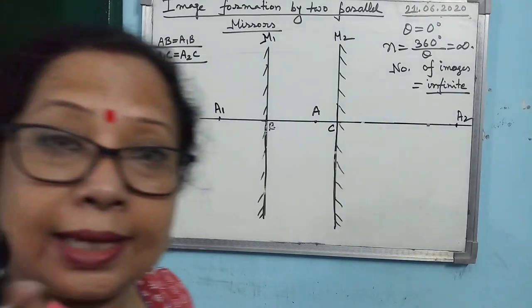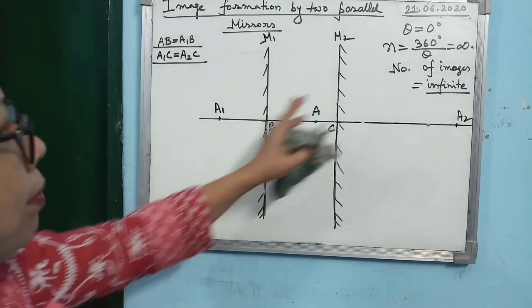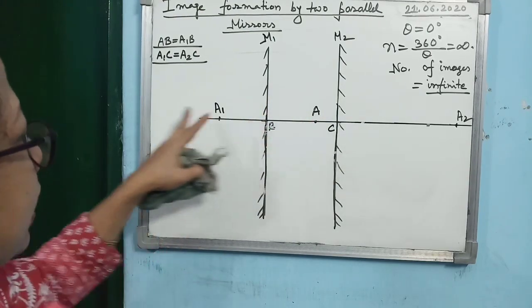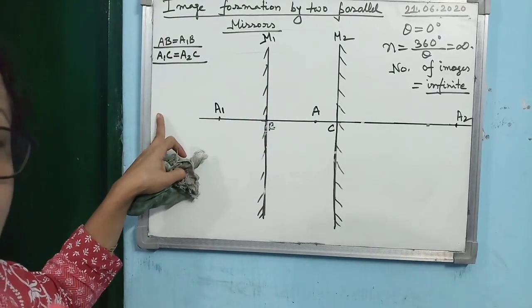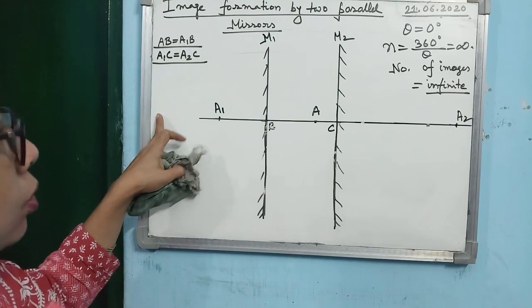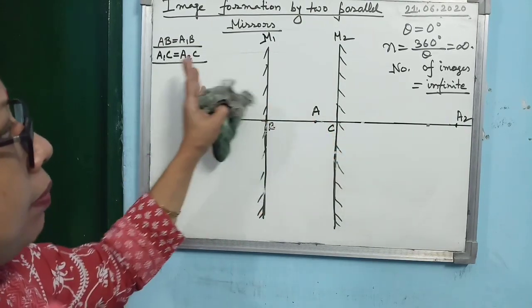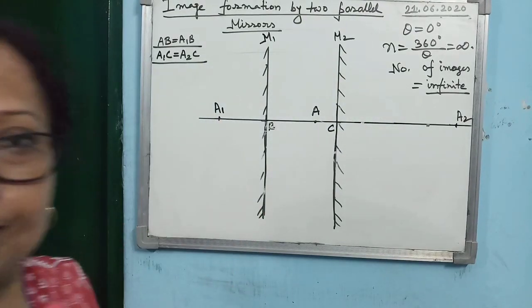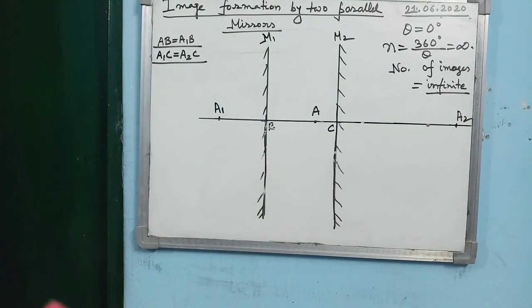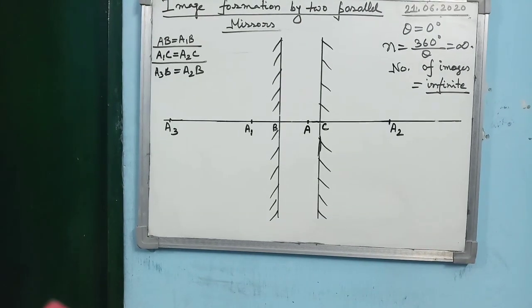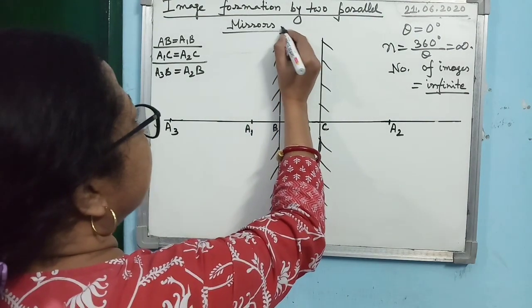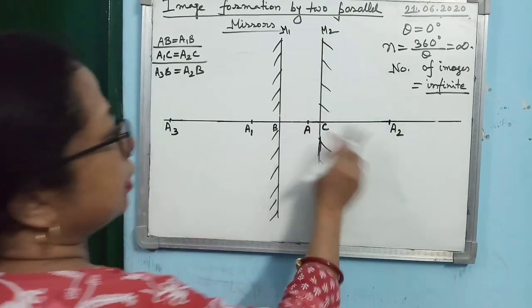Here you do not change it, I am changing the diagram, I am making them closer, so that I can get another point, at least 3 images we have to show. So that's why I am just making these 2 mirrors closer, but you do not do this. I will redraw it, I will take some time and redraw. As the board I am using is very small, I have drawn the 2 mirrors closer, but you may not have to do that.